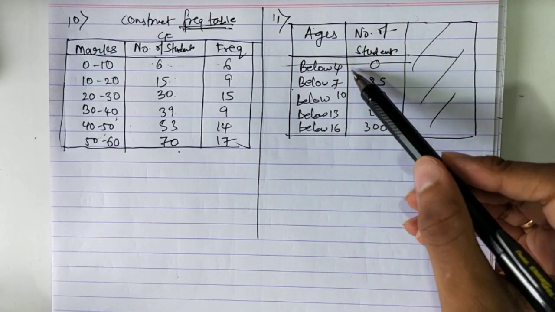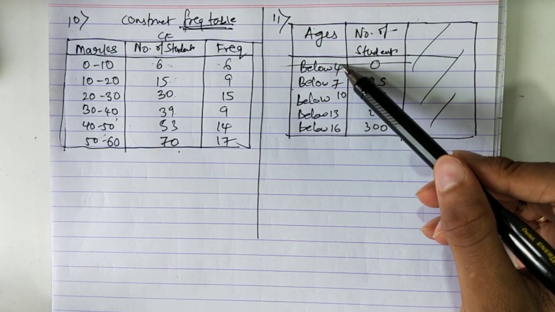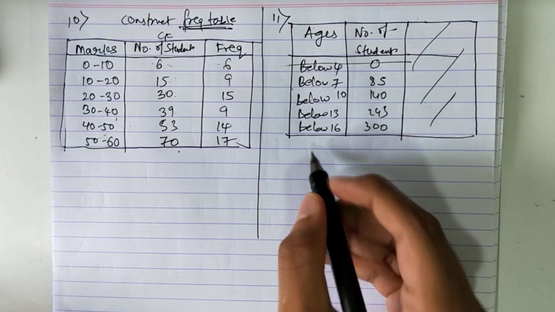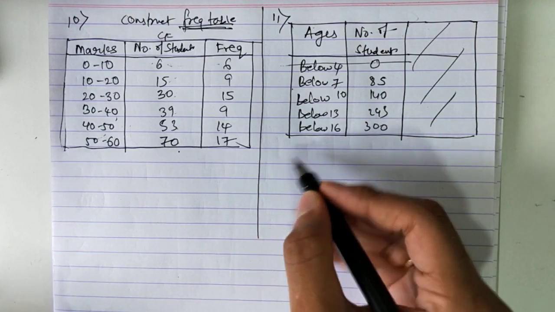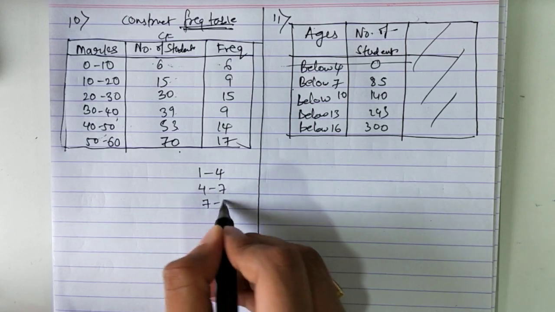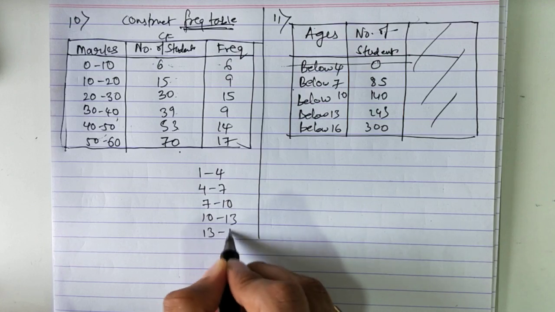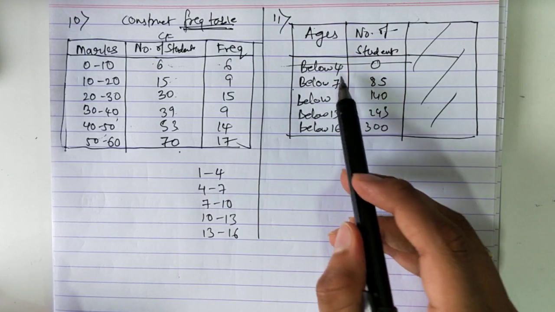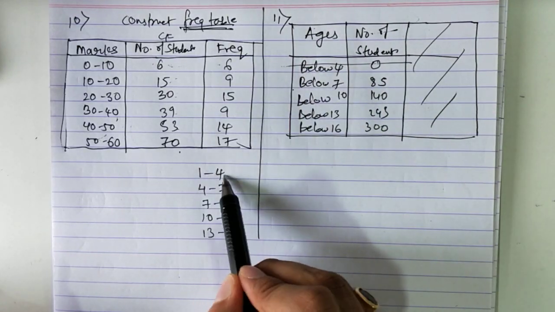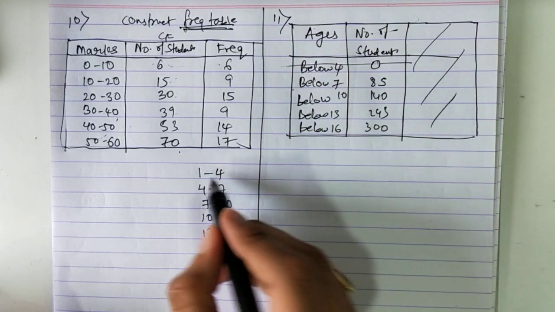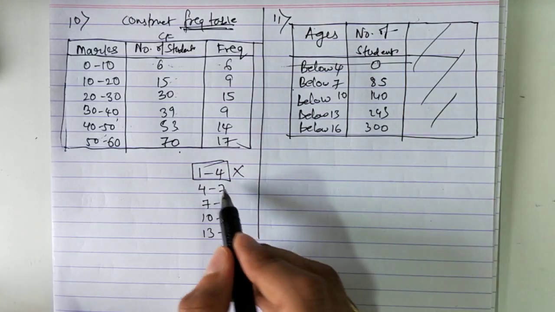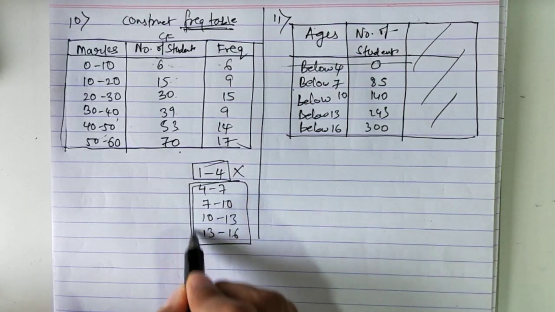Like see, the intervals here, as I said, 4 to 7, 7 to 10, 10 to 13, there is a gap of 3 numbers, correct? So if I make the class intervals, I will make them 1 to 4, 4 to 7, 7 to 10, 10 to 13, 13 to 16, correct? This is how I would make the class intervals according to this information. But they have said below 4, which means in 1 to 4 there are 0 students, so there is no point writing this class. So this class is eliminated basically. My answer is only these 4 classes.